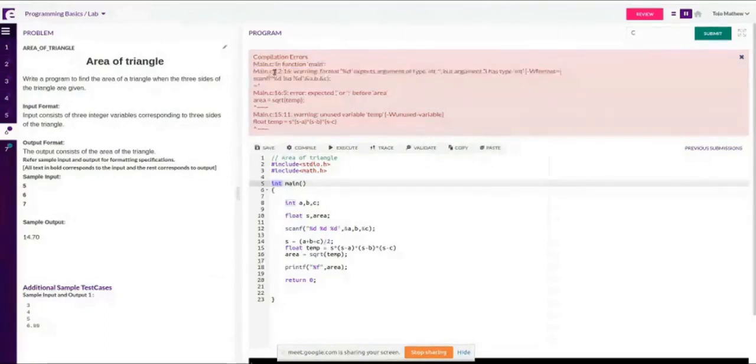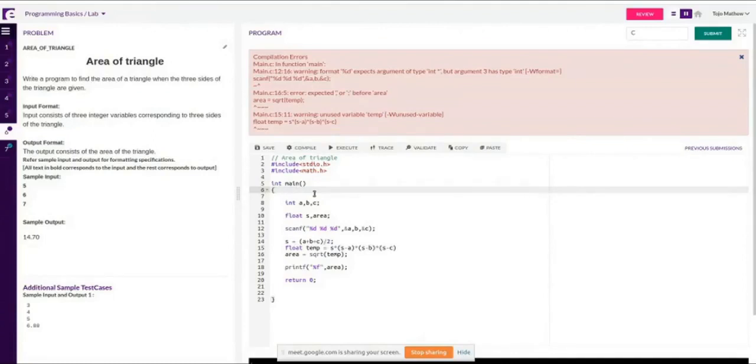So this is the file name main.c colon 12. This first 12 means in line number 12 there is a problem. And the second number indicates the column number. In line number 12, in which column? Say I can say this is the first column, this is the second column. Like that, even though it is not visible, your screen, your display is divided as rows and columns in a matrix fashion. So in 12th line, 16th column, there is a problem. That's what it is saying.